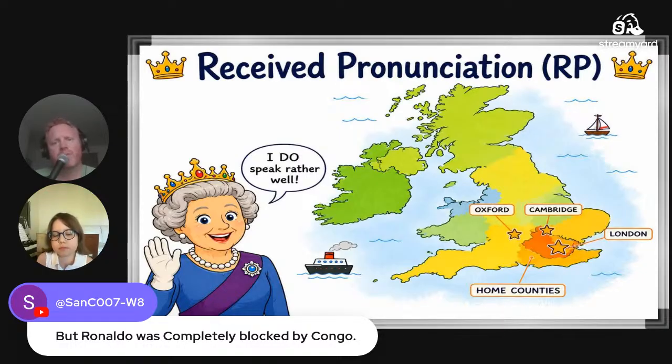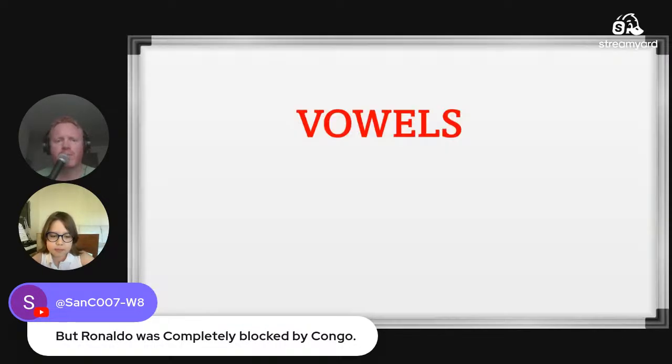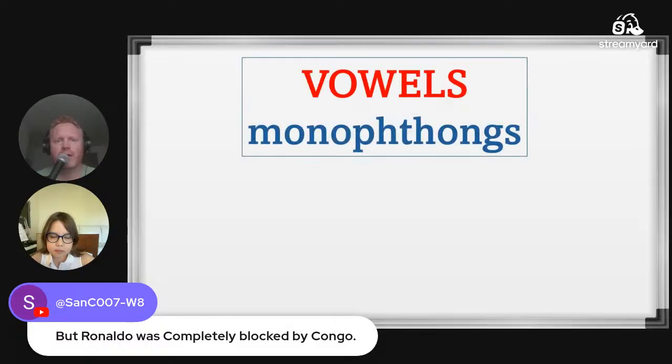And this is how people speak, or similar to how a lot of people speak in England, especially the southeast of England, okay? Really, if you speak it perfectly, you should sound like the Queen of England, okay? Not many people sound like her, but we will do something similar. We might call it adapted or modified RP, okay? So that's what we are working with. Next page, please. Vowels, okay? Monophthongs, so the one sound vowels.